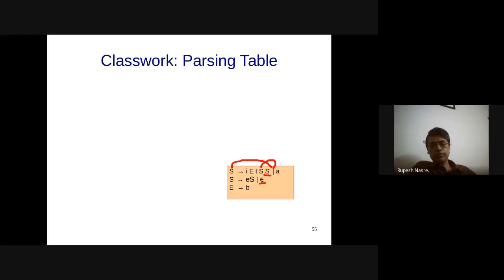S prime, S prime. So if I pump it twice, then I'm going to generate this string where the S prime actually follows S prime. Can we keep the leftmost S prime and derive the S prime on the right to E S? We are in LL1, right? The second L says that it is the leftmost derivation. So we cannot keep the S prime.